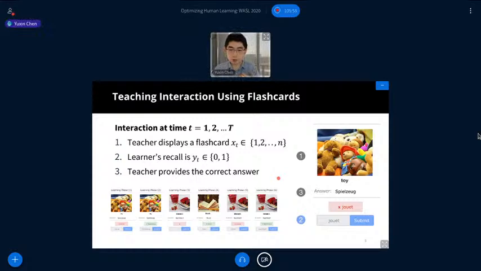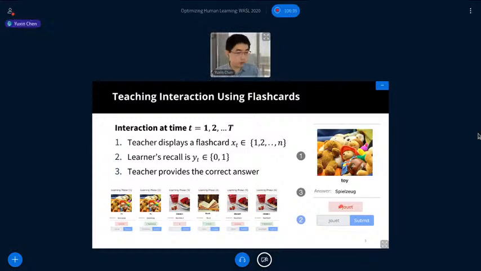If the user doesn't know the word, we expect nothing from the user, maybe a guess, so that we get some prior knowledge on the user's current knowledge state. If the learner answers the translation wrong, the teacher provides some kind of feedback. In this case, we want to show a toy, and if the learner enters some answer which is not exactly a toy, the teacher provides the correct German word, and hopefully the learner can perceive it, remember it, and make fewer mistakes in future rounds.